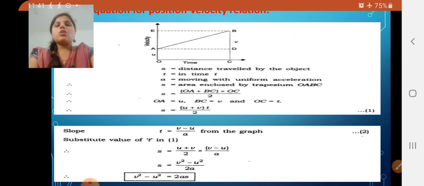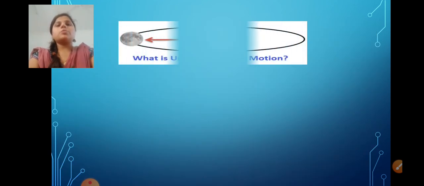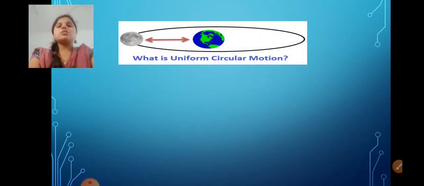Go through all the concepts. First you have to know the basic concept about the areas of the triangle, rectangle and the trapezium. Then you are able to solve this equation, and you must know this graph. Without this graph you are not able to solve the problems. So dear students, a simple concept I am going to discuss with you. This is the last concept in this chapter.